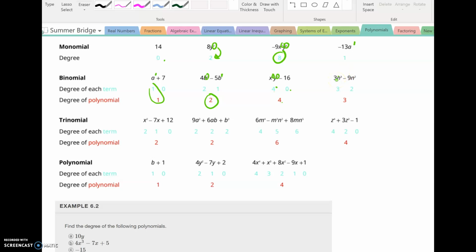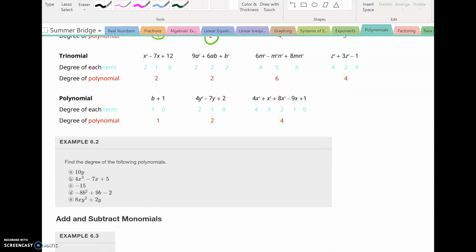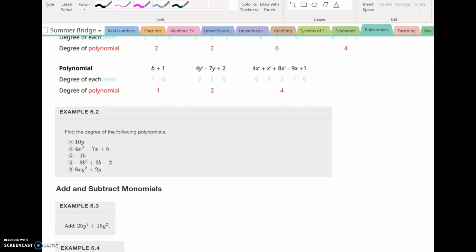So I have 3n cubed, 9n squared. The degree of the first term is 3. The degree of the second term is 2. 3 is larger than 2, so the degree of the binomial is 3. And then we could do the same thing. We could keep going, essentially, for trinomials and polynomials. We just have more terms that we need to take into consideration, and they may not all be in order necessarily. So we'll do a quick little example here,